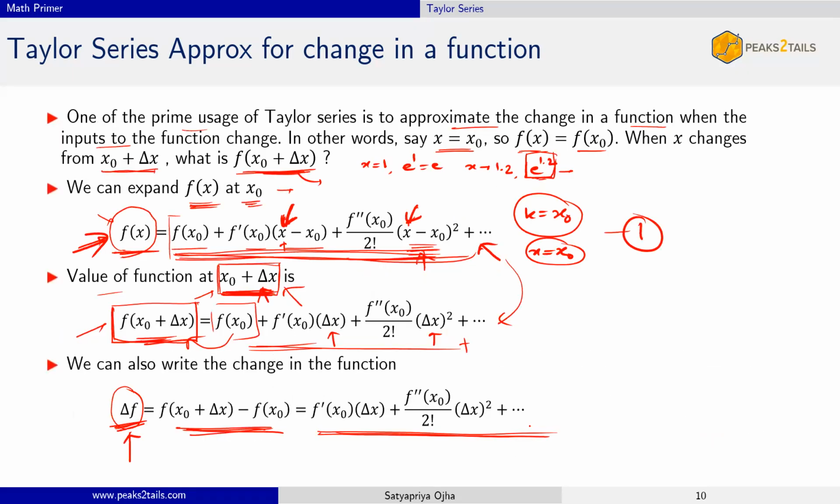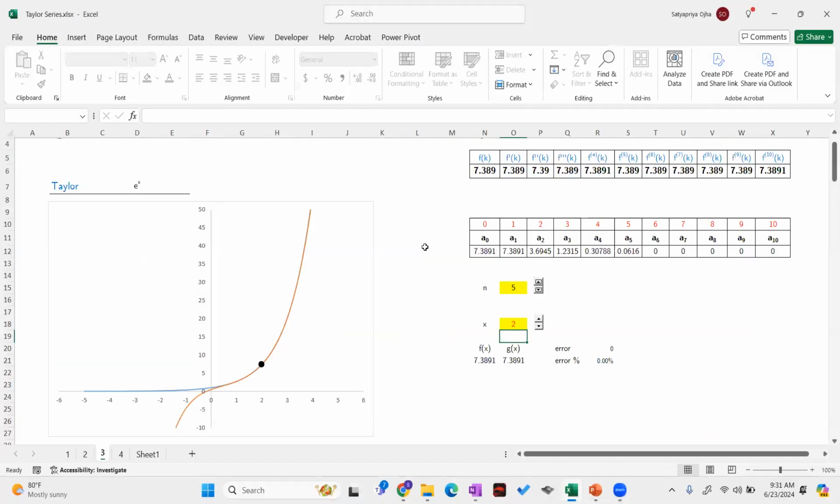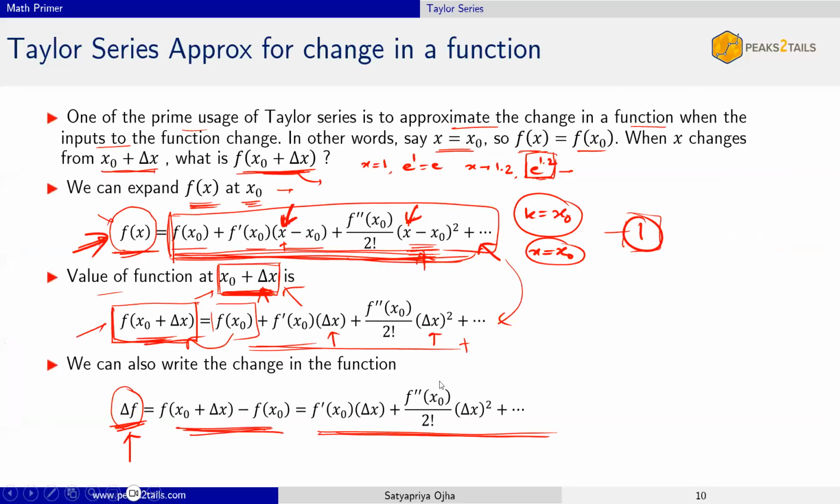There is a question: why is the derivative not changed from x0 to x0 plus delta x? You are confusing a little bit. Once you get this, the derivative changes, but after I have done step one, this function is frozen. Remember what we did in Excel? Okay, I have it here. So